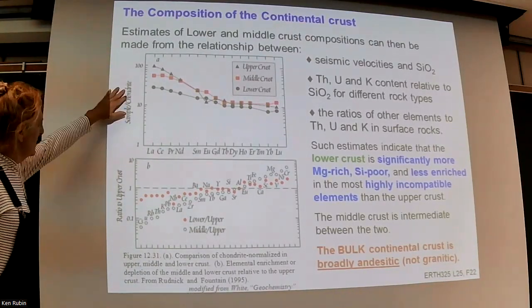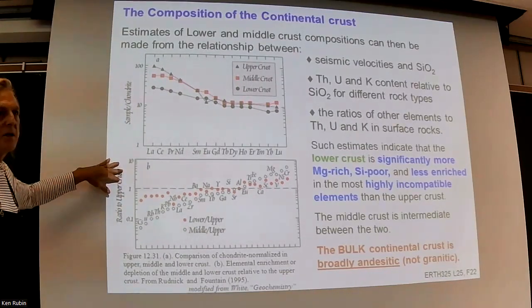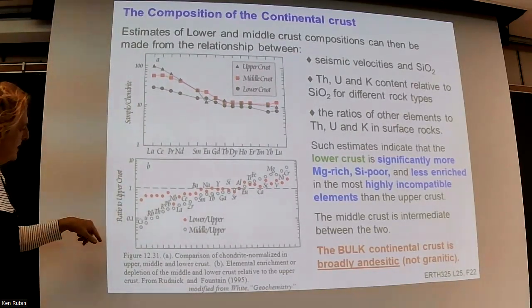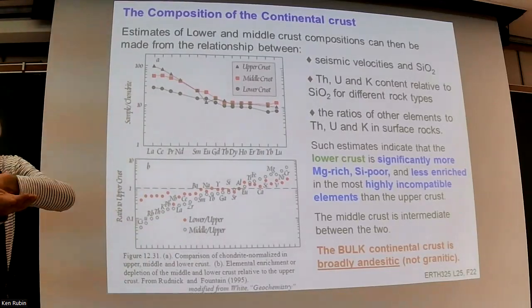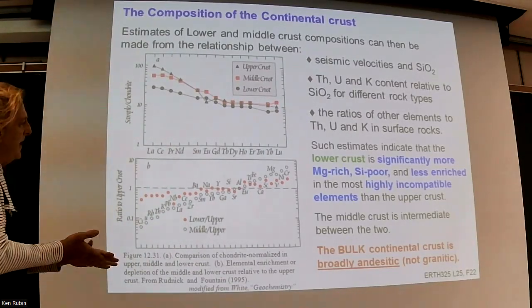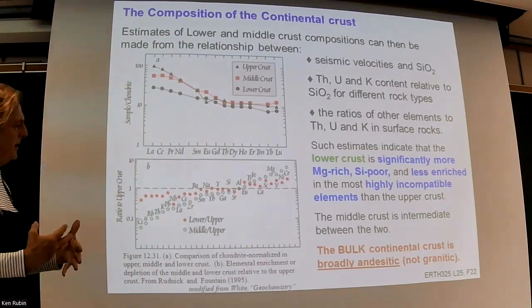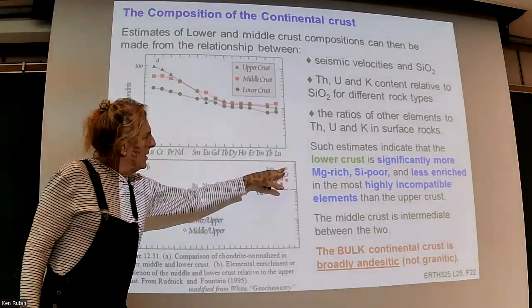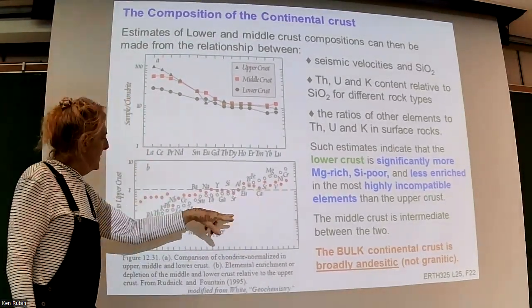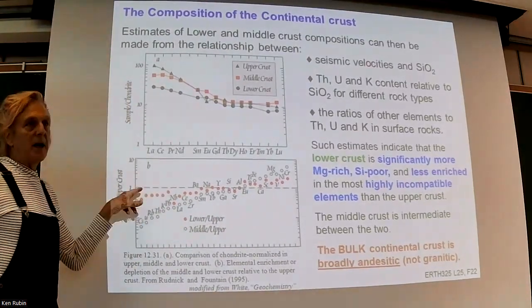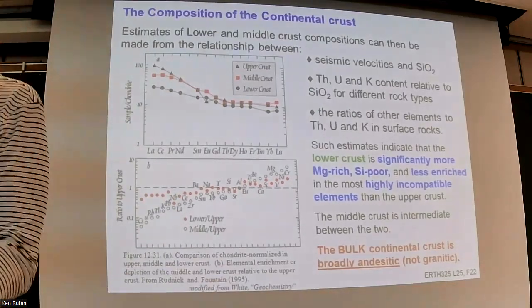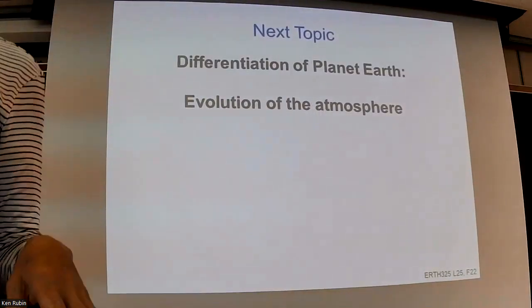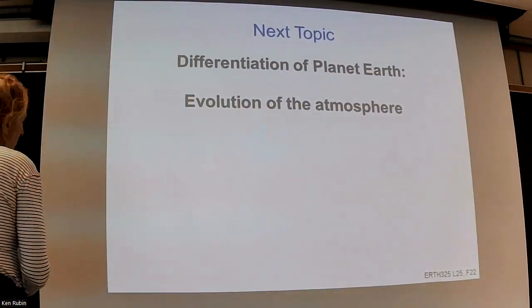Now we're normalizing not to chondrites, but to upper crust, right? So this is what the lower and middle crust would look like when normalized to upper crust. And what we find is that the lower and middle crust have more of the compatible elements and less of the incompatible elements, right? So it tells us it's not all the same stuff, if that makes sense. And so we can use these inventories, and we'll talk about them again more, but I want to spend the